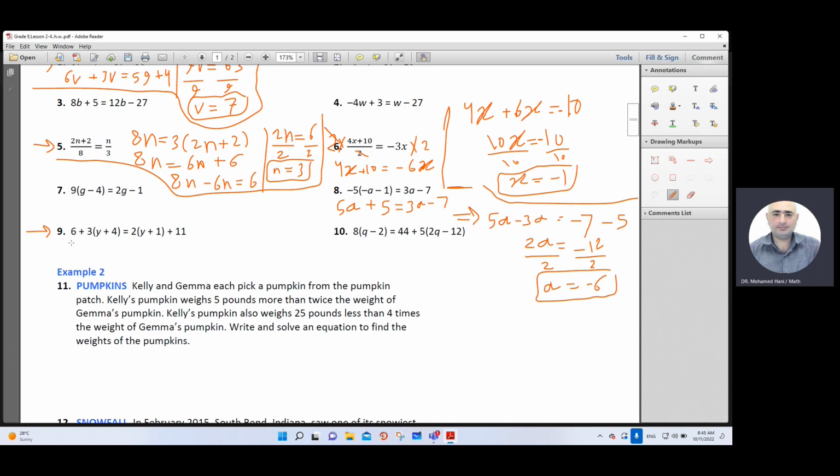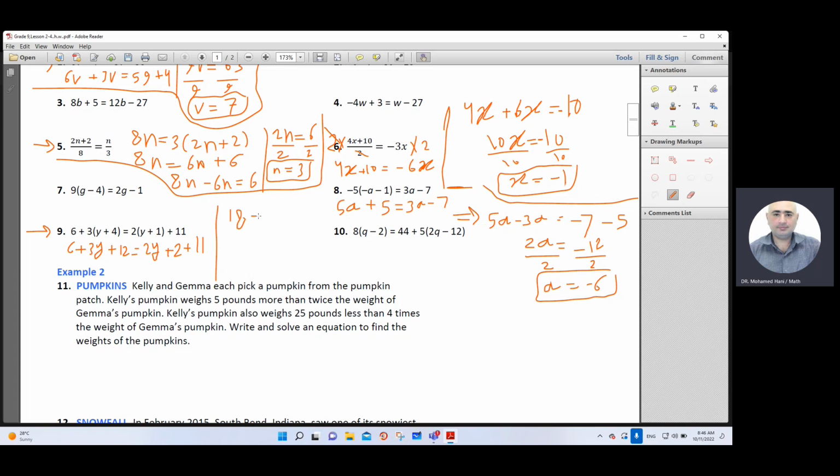For number 9, as you see here, we have distribute and here we have distribute. So rewrite here 6 plus, then 3 times y, save 3y. Then 3 times 4 will be 12. Equals 2 times y will be 2y. Then 2 times 1 will be 2 plus 11. Then add the like terms. 6 plus 12 will be 18